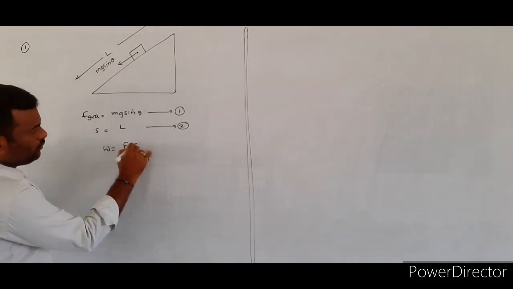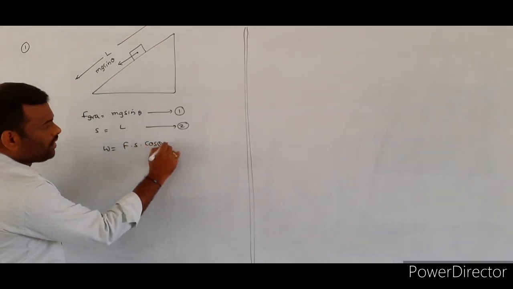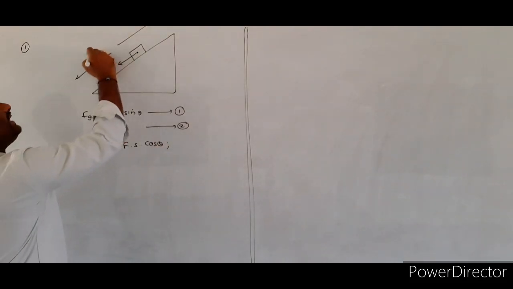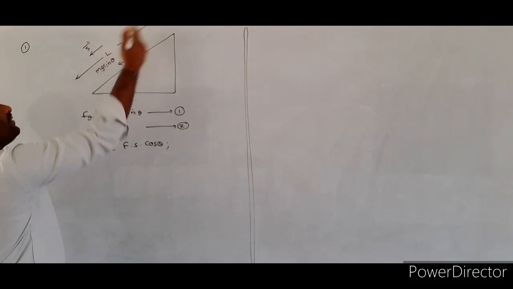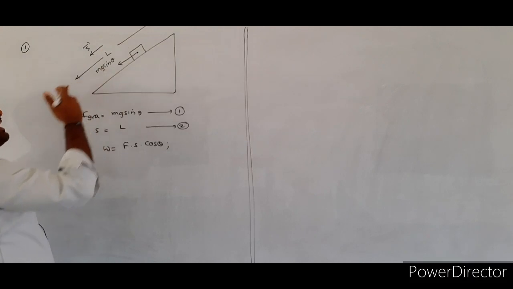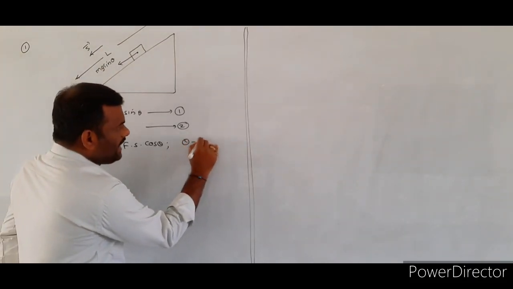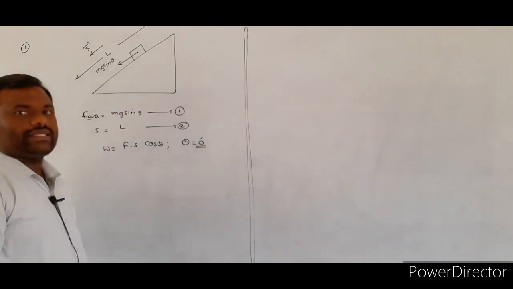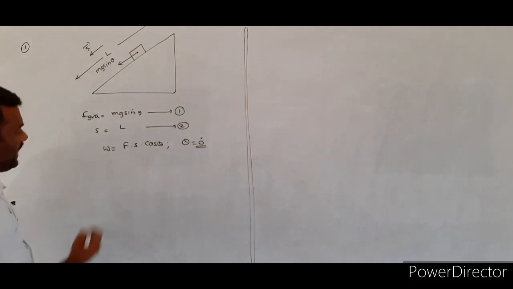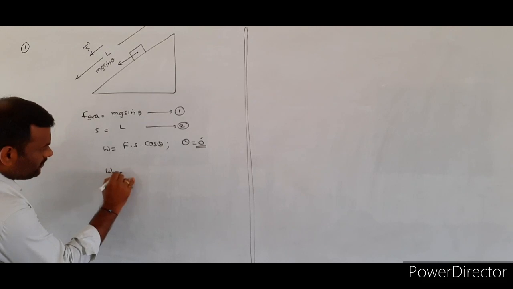Work done is equal to force into displacement into cos theta. The displacement is in the downward direction, and the component of the gravitational force is also acting in the same direction, so the angle between the gravitational force and displacement is 0. So the work done by the gravitational force is